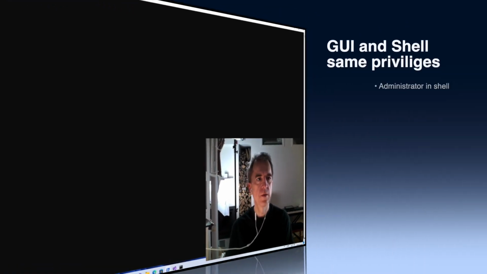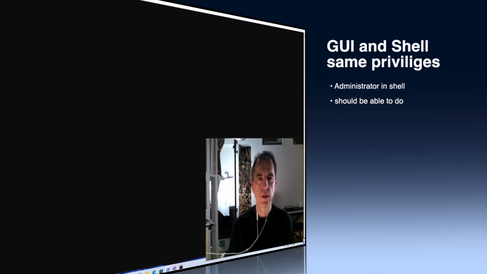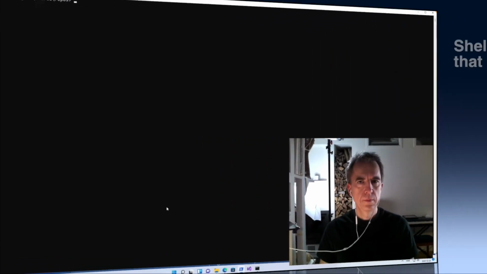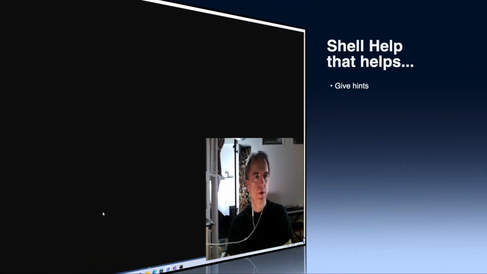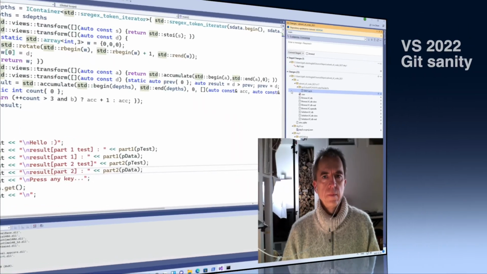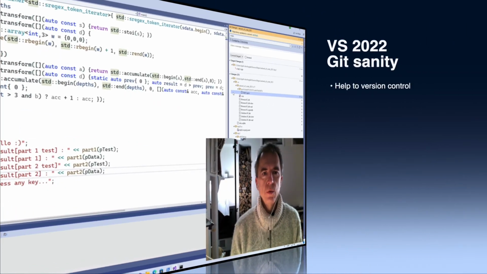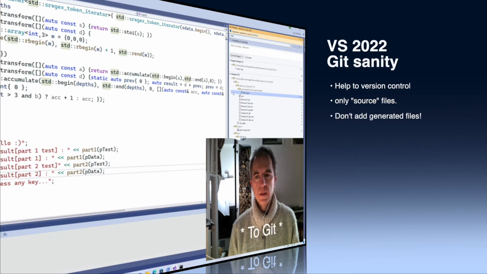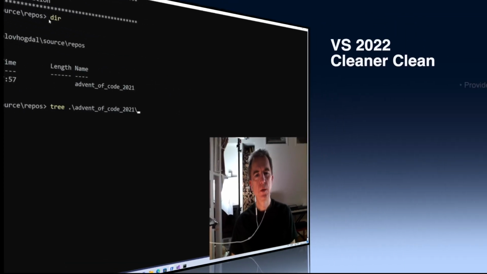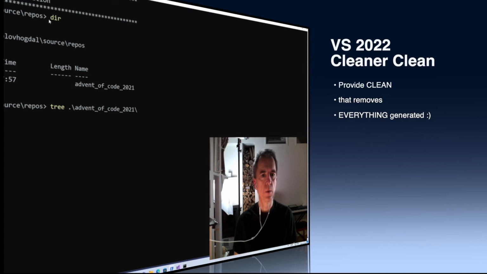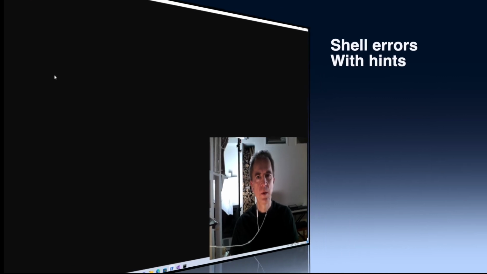I would like Windows 11 PowerShell and user interface, the Explorer, to agree on what I'm allowed to do as a user. I want Windows 11 to have a better help function. I want Visual Studio 2022 to not add unnecessary files. I would like Visual Studio 2022 to clean better all the files that are not required to store between builds. I want Windows 11 PowerShell to give me tips on what I'm doing wrong instead of expecting me to search